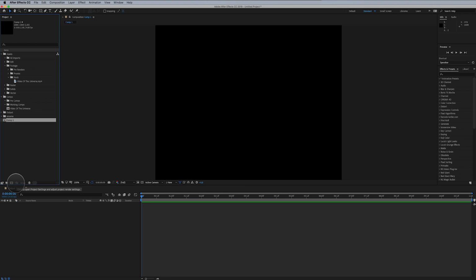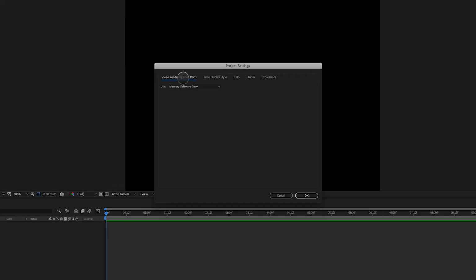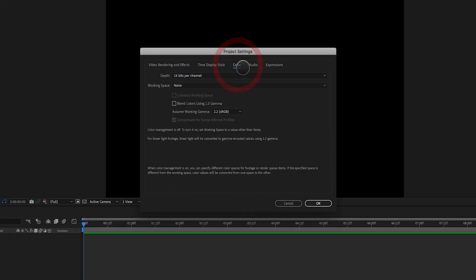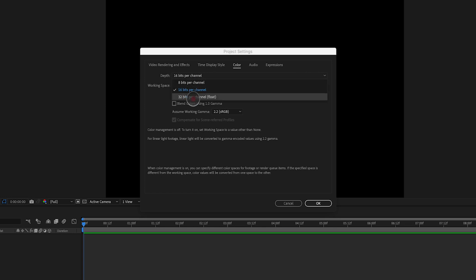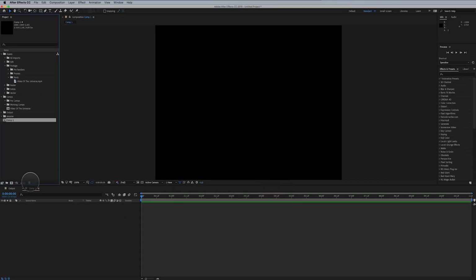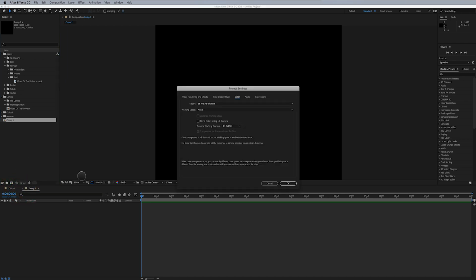We've also got a project settings button here that if we click, it's going to open up these preferences. I rarely ever mess with this either. It's just things about expressions, which I wouldn't advise you to change. Audio, if you want to change to a different sample rate, it's going to be up in here. Color, we typically will work at 16 bits or 32 bits. Used to be 8 bits back in the day, but not so much anymore. You can also assign color profiles here. I typically will adjust the color by just going here instead of going into the project settings, clicking on 16 bits per channel, and I'll change it to 32 bits per channel